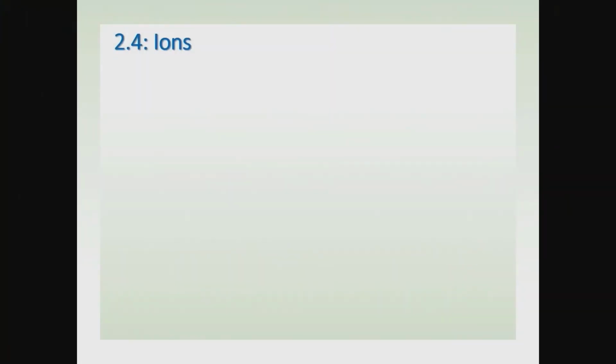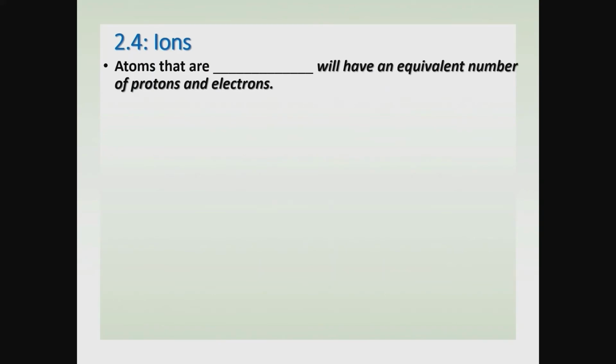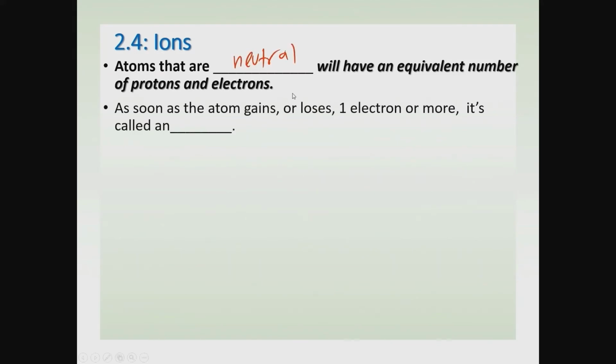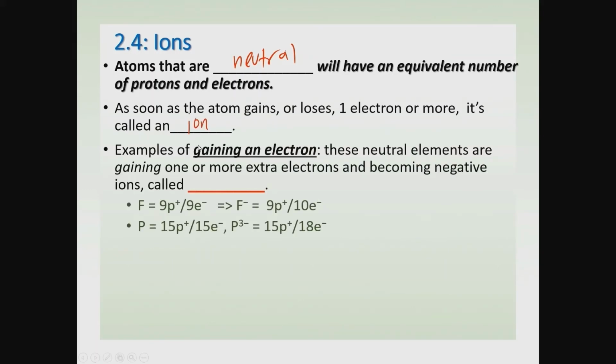Okay, so the next thing I want to do is talk about ions, and so I'm going to fill out some blanks here on the screen. Just to note that atoms that are neutral will have an equivalent number of protons and electrons, but as soon as the atom gains or loses 1 electron or more, it's no longer a neutral atom. It is called an ion. So let's give you an example